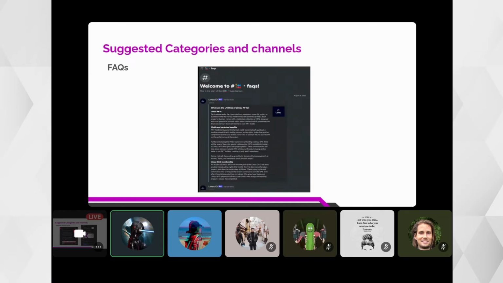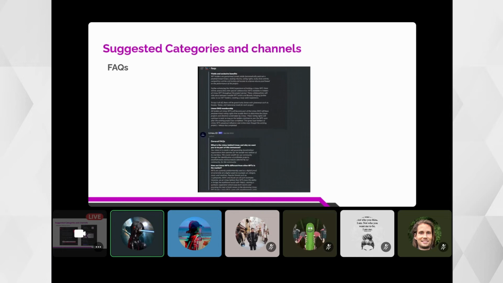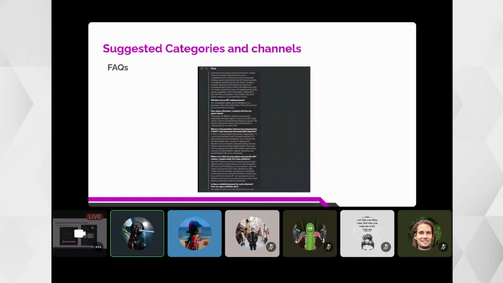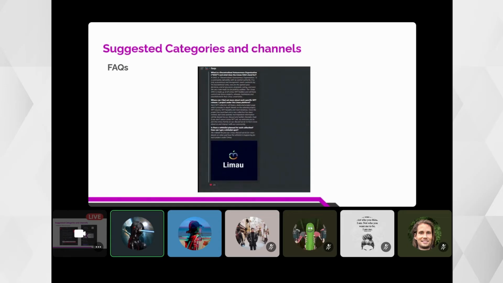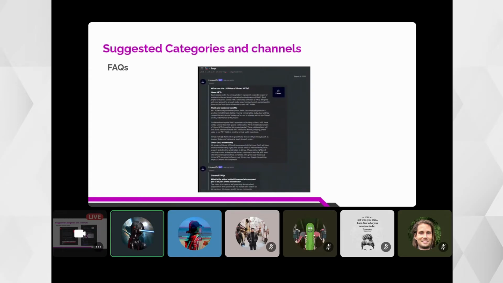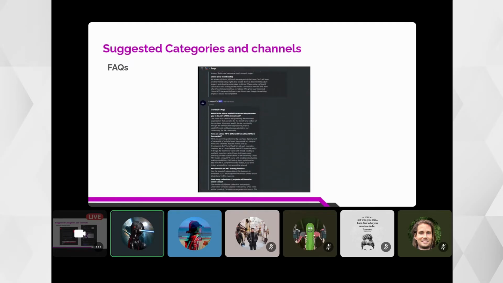FAQ. If you want to save time, for example, you are the only one managing your community in your server for the meantime, you are starting your own community, your own project. At first, you are the only one chatting with everyone in the community. So you can save time answering repeated questions by creating an FAQ channel.